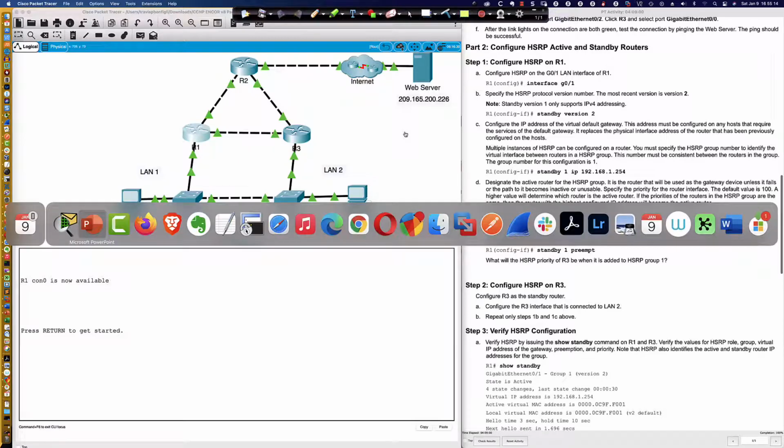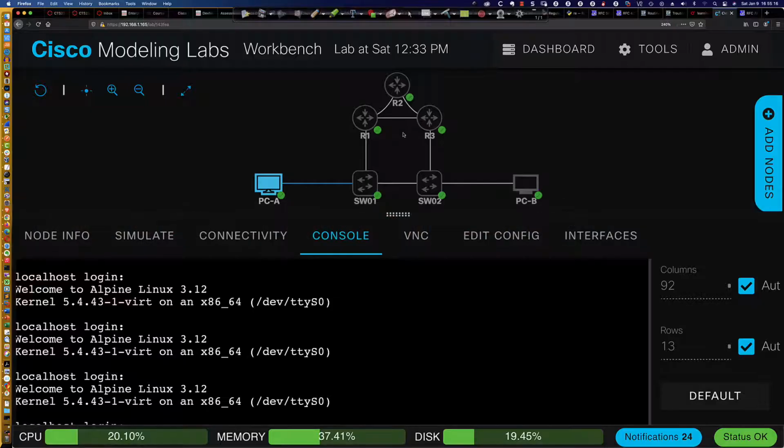So let's jump into the Cisco Modeling Labs interface. And as you can see, we've got an architecture that is very similar to Packet Tracer 15.2.3, where we have PCA and we have PCB, and we have a simulated internet address up here on router 2 that is simply a loopback address,